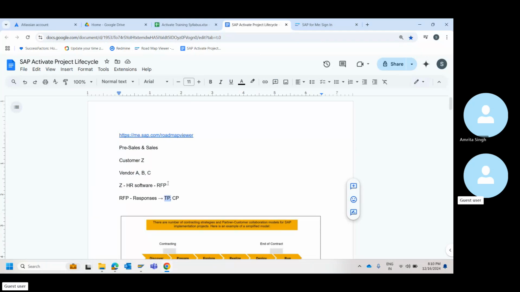Let's say the customer will not be saying SuccessFactors. They'll just be saying in the RFP requirement, I want an onboarding solution. They won't even put that exact term. They'll just say, I would like to bring in employees in an efficient manner.